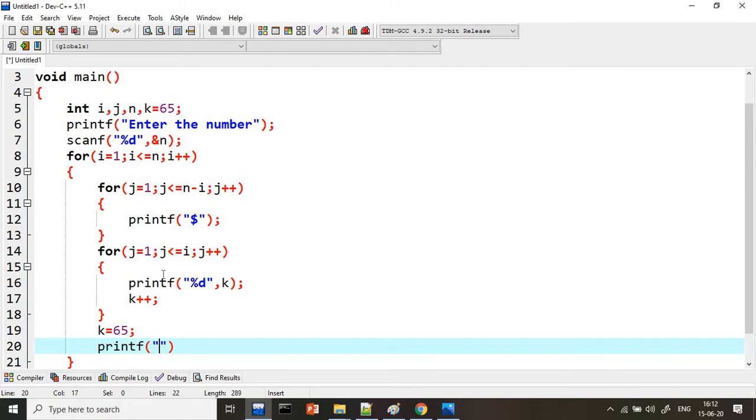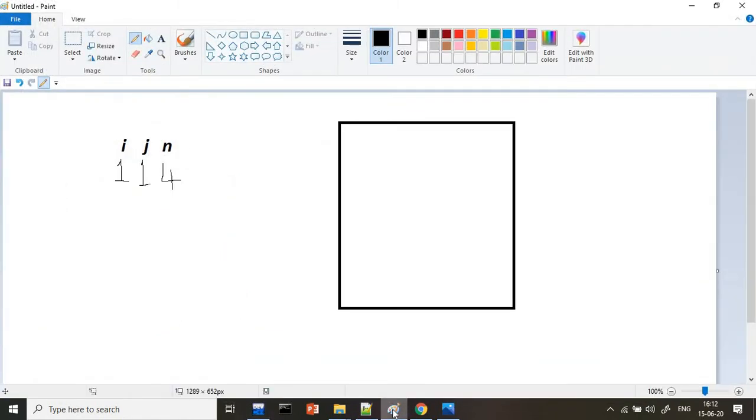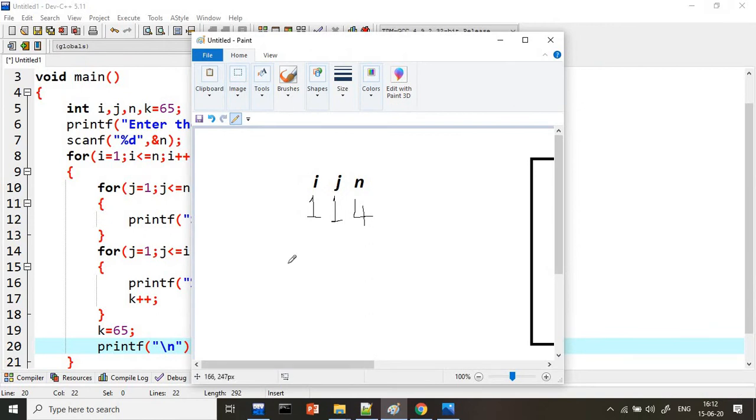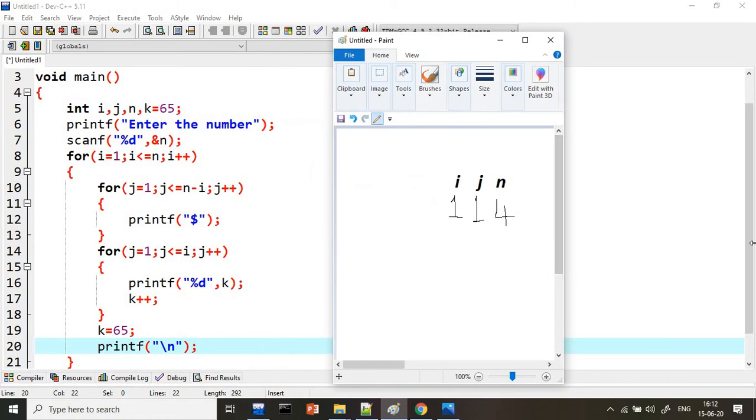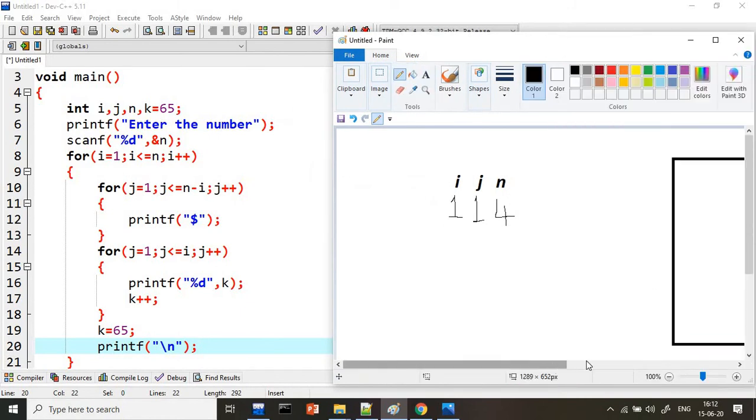And guys, as I said, I will explain each and every point in detail. Now observe very carefully. I am going to open the Paint here. In the Paint, what I wrote here, already I wrote the i, j and n values. I will just minimize it. And don't worry, each and every point will be answered here.